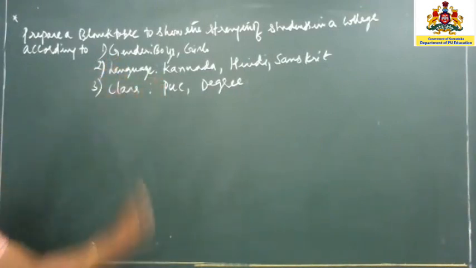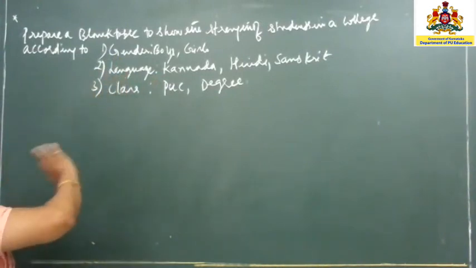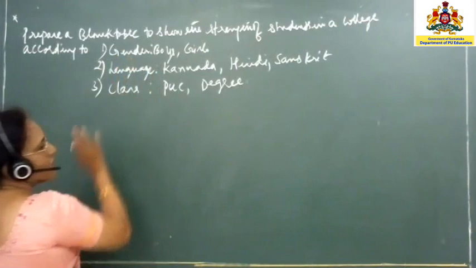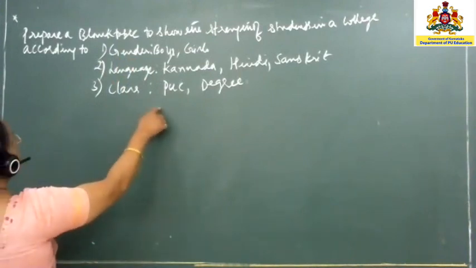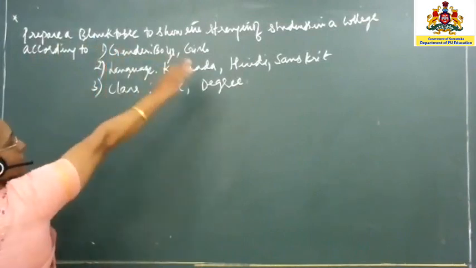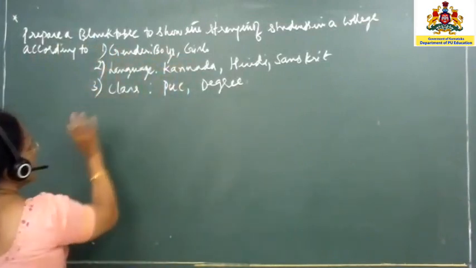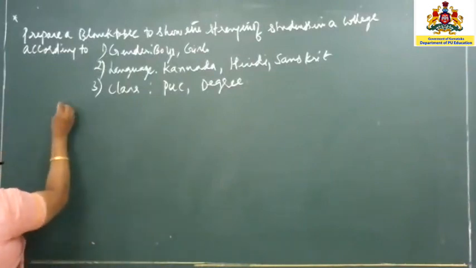Now this whole information has to be put in the form of a table. Now you see what this blank table is. You have to show that these characteristics are incorporated in the table. So first of all you have to write down a suitable title. When you are writing the title, you will go back to the same question, and whatever is there, the same thing you will copy down. Now the title will be like this. It is a blank table because there is no data available. So you will write it like this.